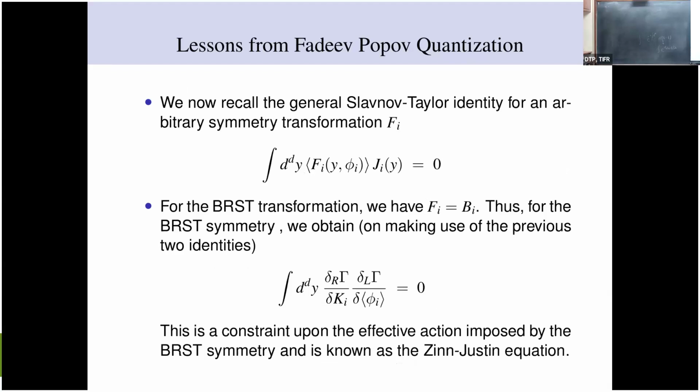Now recall the general Slavnov-Taylor identity, the general Ward identity, which was F_i J_i. For BRST transformation, F_i is B_i, and J_i was del gamma by delta phi I. So basically the constraint is this equation, a constraint upon the effective action imposed by BRST symmetry, and this is known as